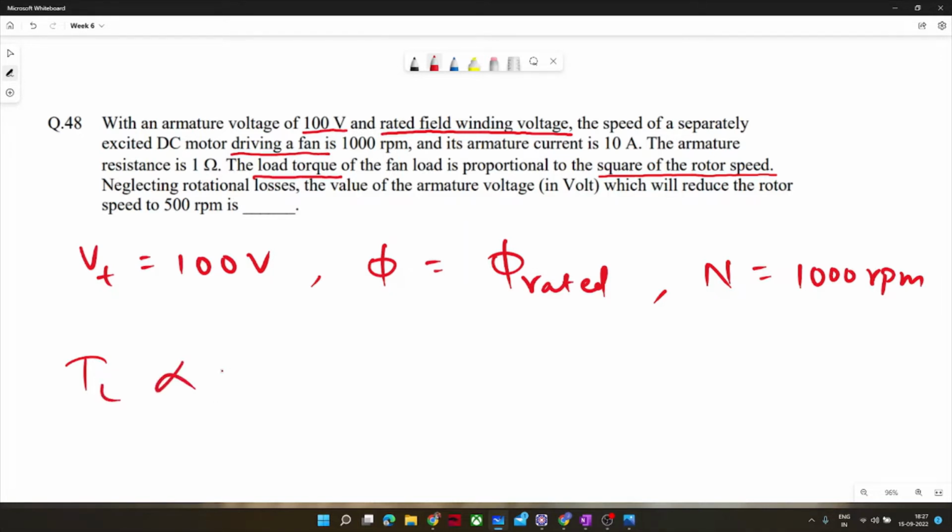Load torque is proportional. Yeah, now Kirti, you are trying to ask anything? I think you are unmuted by mistake, I guess. I am muting you. Okay, so